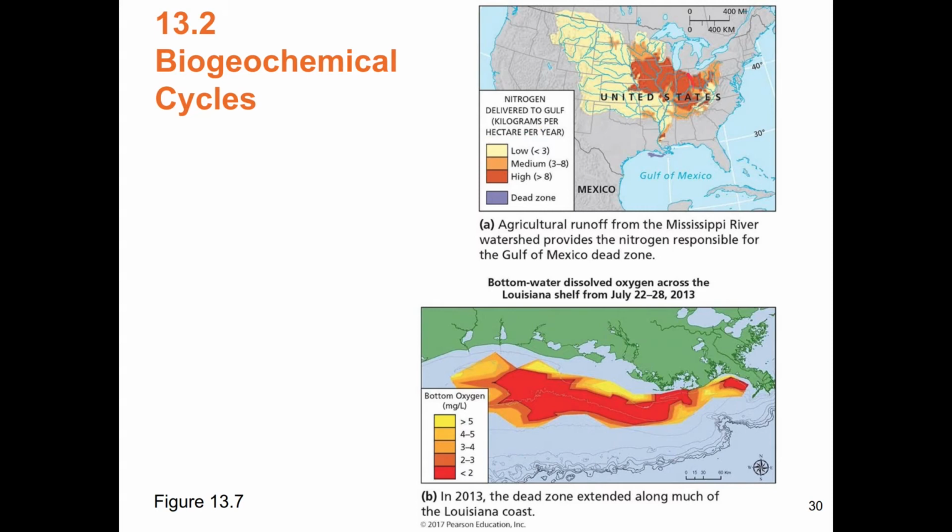So here's the Mississippi drainage, and here's regions where they have really high fertilizer use, and that all goes into the Gulf of Mexico. And here is showing the extent of dead zones. Here you can see the dead zone a little bit better across pretty much most of Louisiana. The offshore coast of most of Louisiana has dead zones because of too much fertilizer causing the algae to go crazy. Once the algae is dead, the decomposers go crazy, and then they use up all the oxygen. And then everything else that needs oxygen dies.